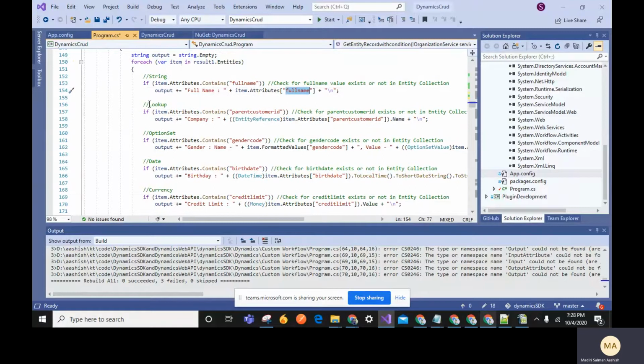If you need to get the lookup value, in that case you need to write EntityReference of item.Attributes, with the lookup logical name. If it is a lookup, we will have the name and ID. If you want to get the ID, you can write Id, or if you want to get the name, you can write Name also.